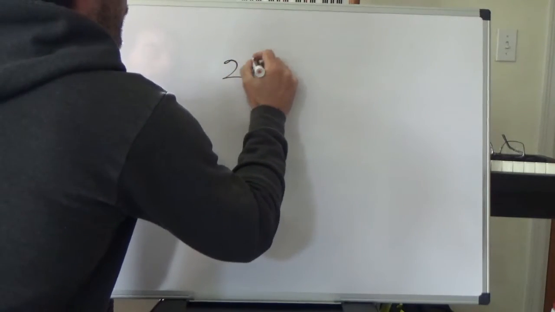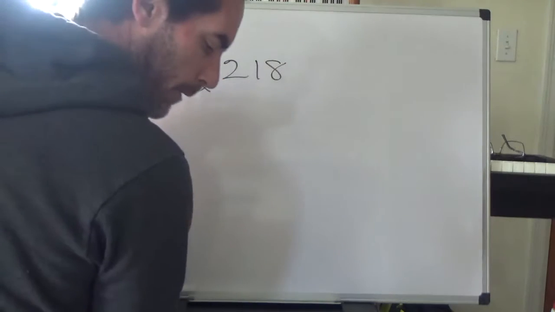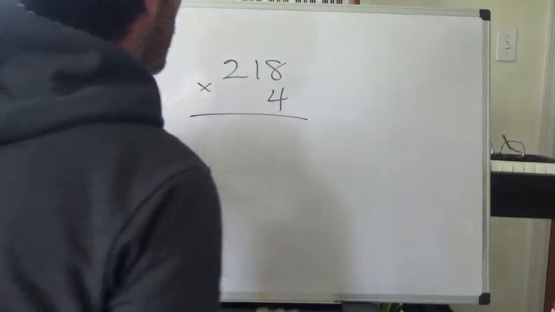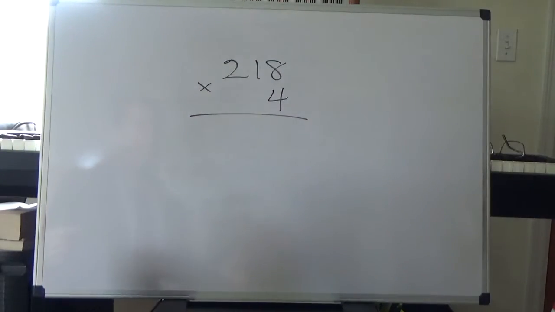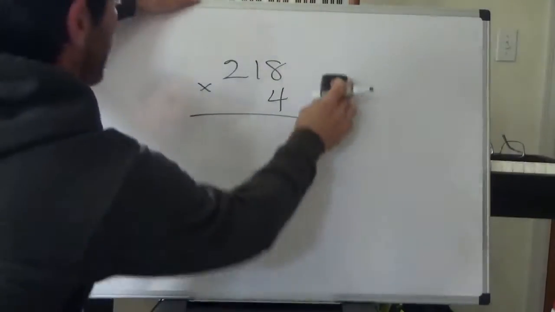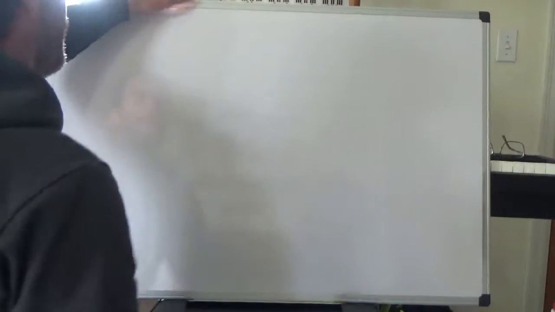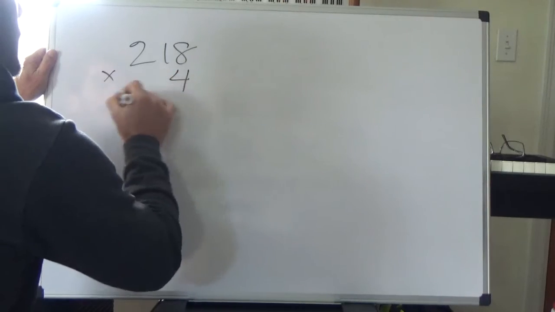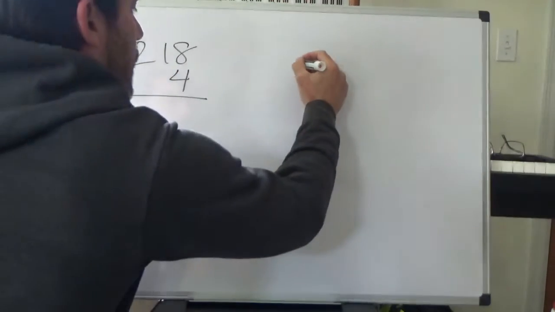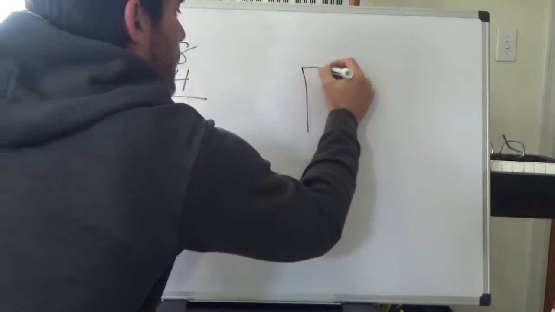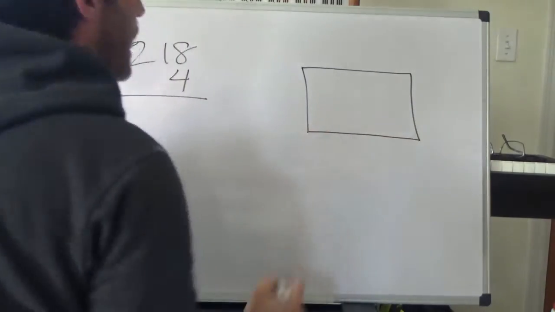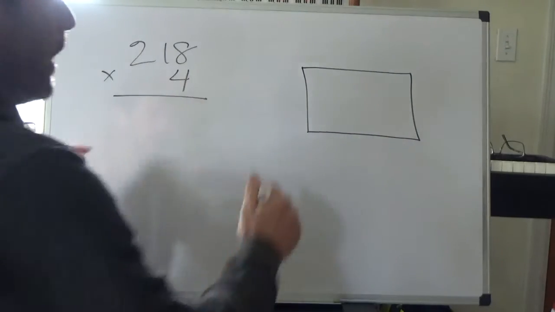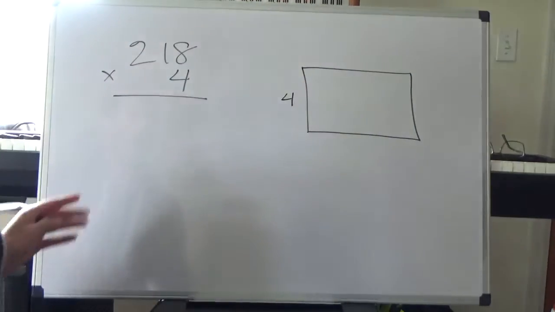218 times 4. We're going to do an area model and partial products method. Actually, 218 times 4. I'm going to write that over here. And I'm going to draw an area model. One important thing that we talked about during the year is this is not to scale, right? Not to scale meaning if I'm going to label the short side 4,